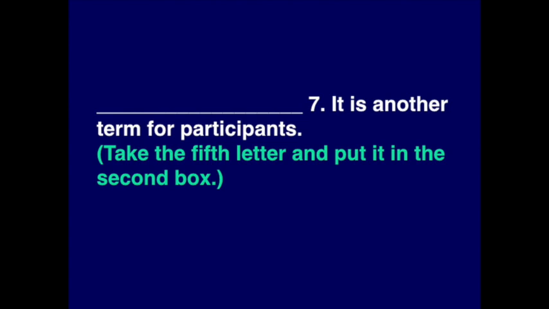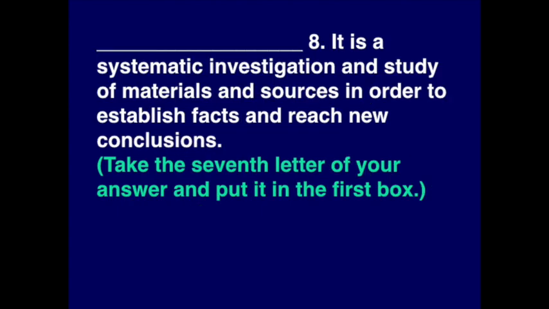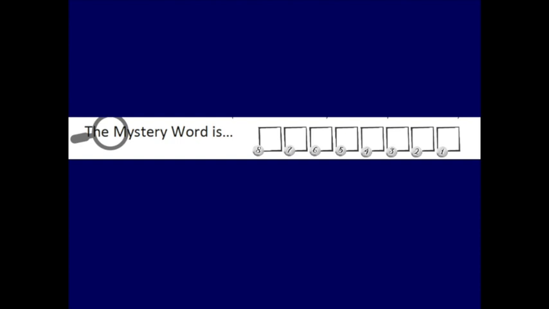Take the fifth letter and put it in the second box. That is number 7. Number 8. It is a systematic investigation and study of materials and sources in order to establish facts and reach new conclusions. Take the 7th letter of your answer and put it in the first box. The mystery word is